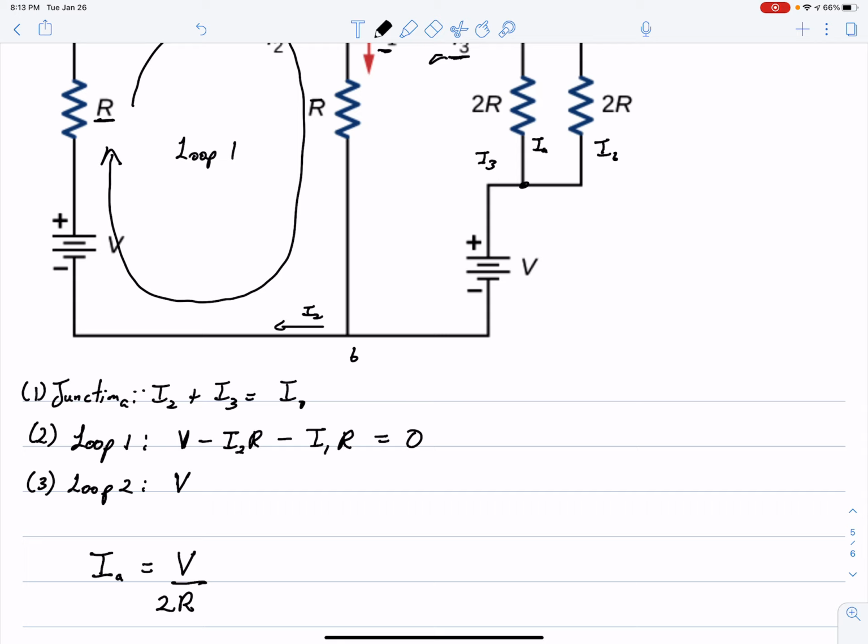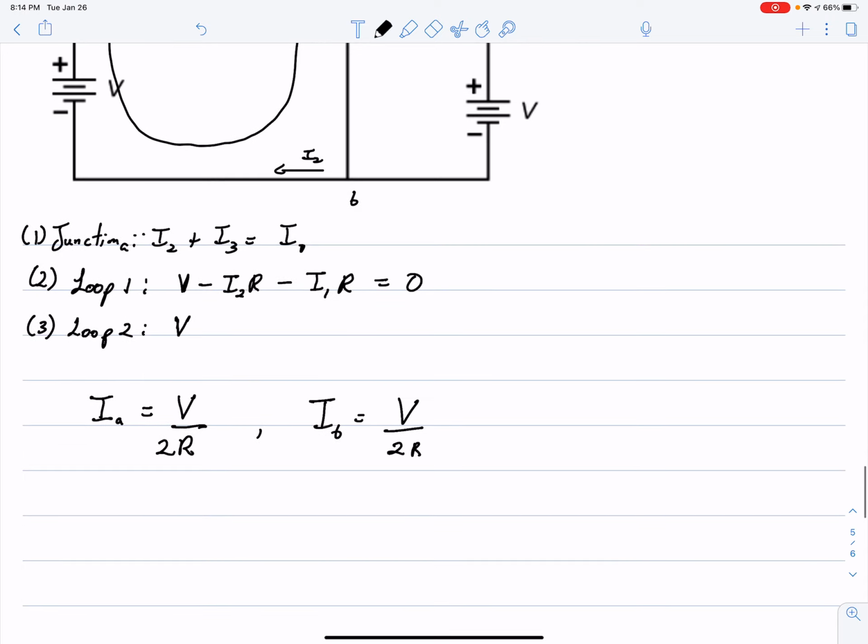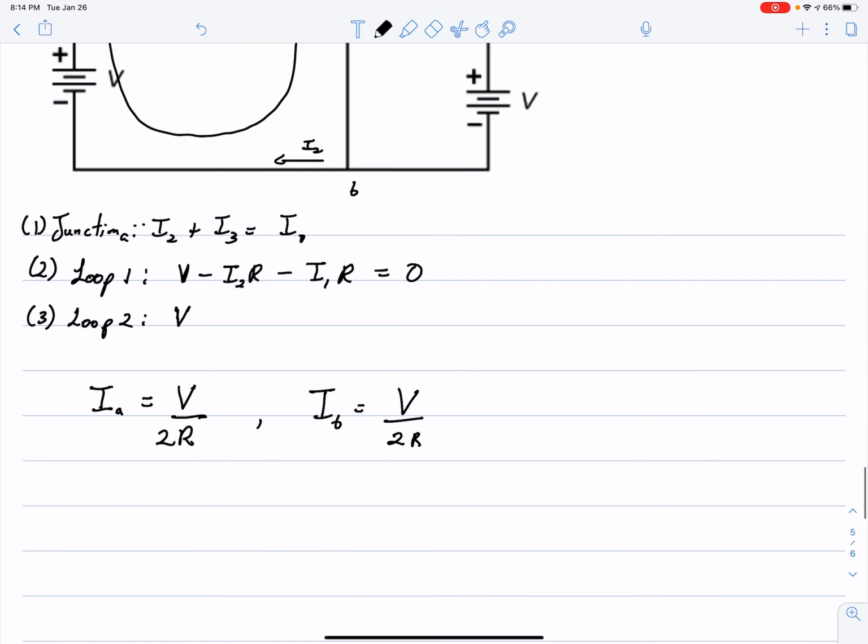That will give me the current because I'm following Ohm's law as well. Now IB is the voltage, which stays constant, over 2R. The same deal. Now, if I were to do Kirchhoff's law, where I have I3 equals IA plus IB,